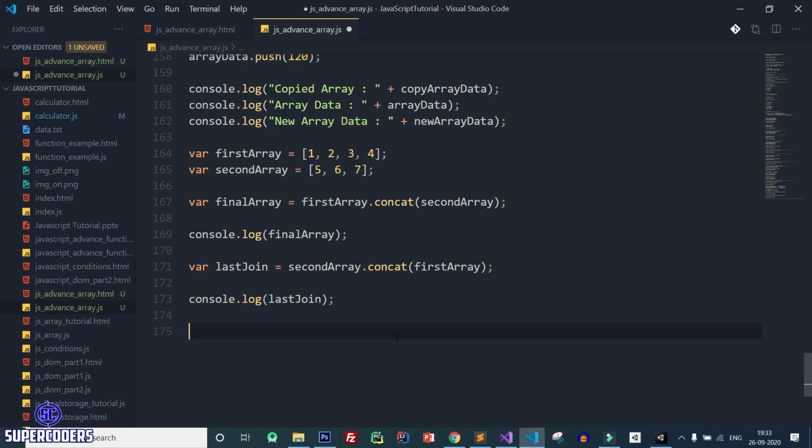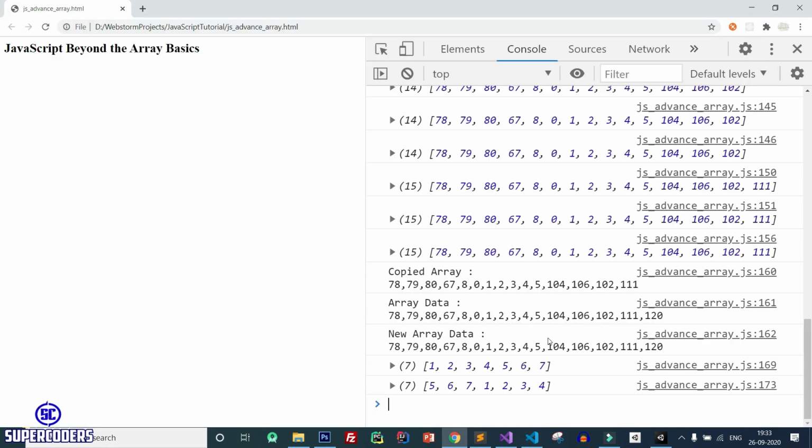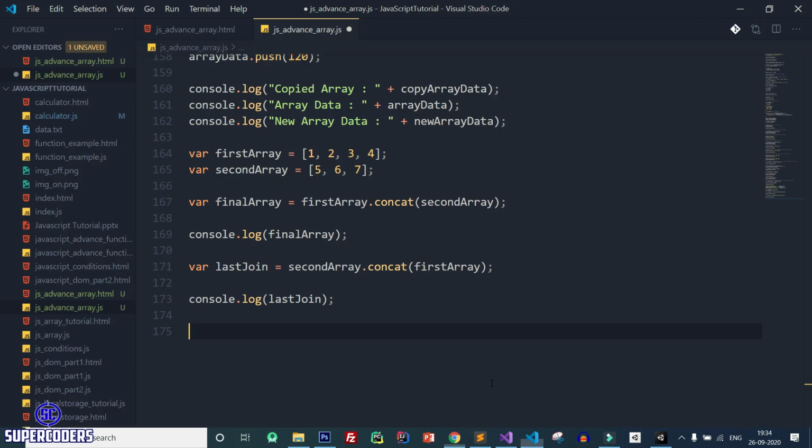Now if you want to access the position of an array item from an array, so suppose that if you see in Chrome 1 2 3 4 5 6 7 or 5 6 7 1, so if you want to access the position of 1 from the last join array, let's see how we can find this position.